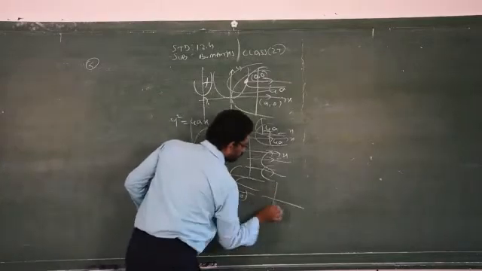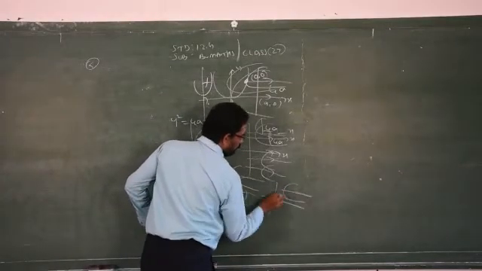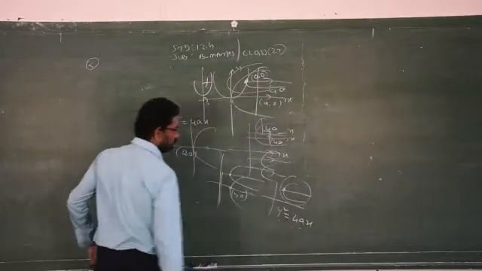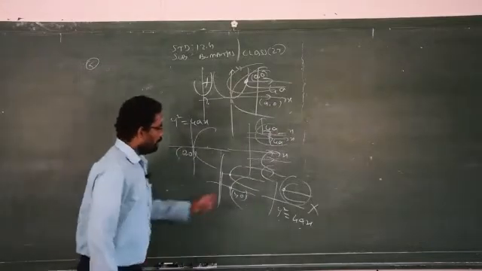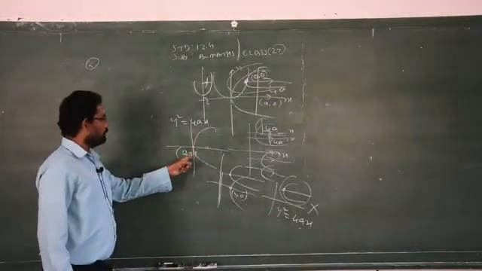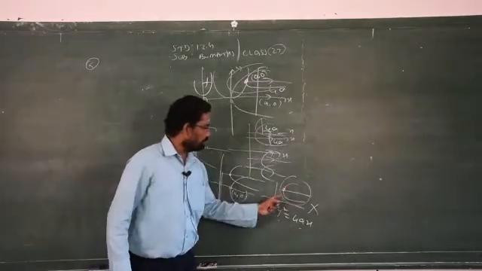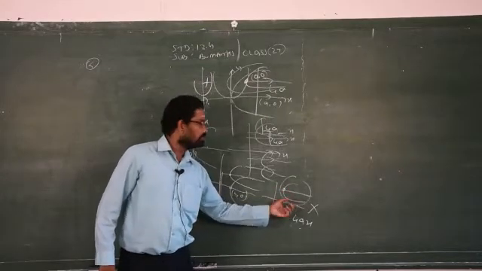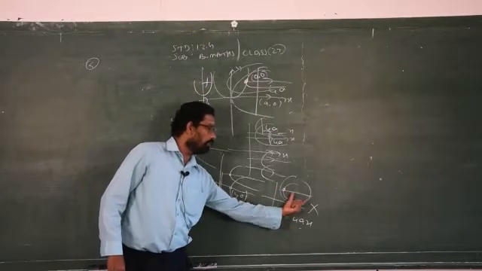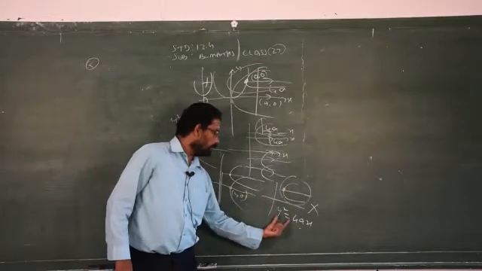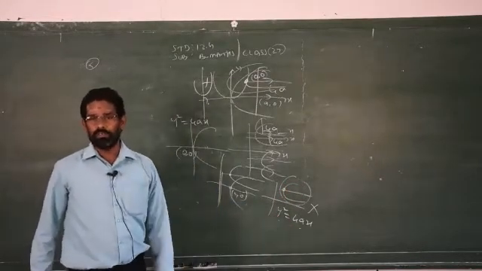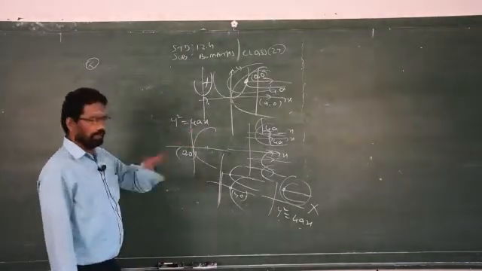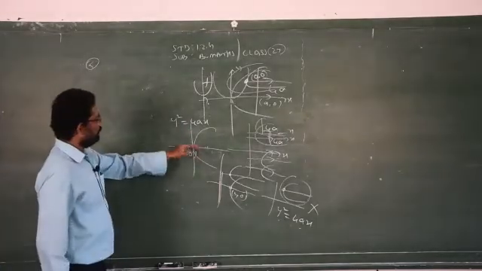You cannot use this general formula y square equal to 4ax for these types of parabolas, your answer is wrong, because this is only for the parabola passing through the origin. This parabola is not passing through the origin, it is passing through some other points, but the axis of the parabola is parallel to the x-axis. So you don't call y square equal to 4ax the standard form here. That is wrong. Clear? We have 4 standard forms, but generally I take one standard form.